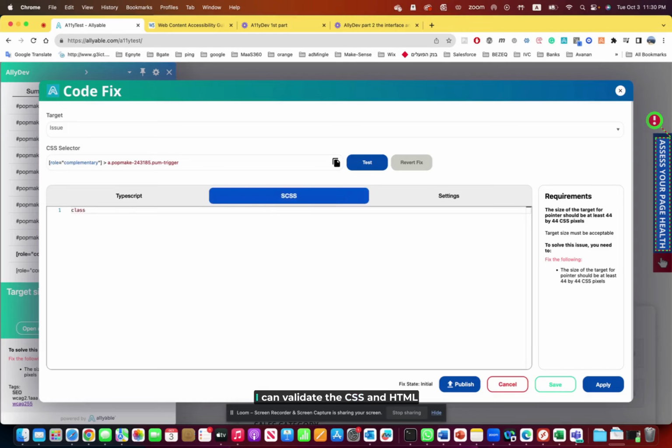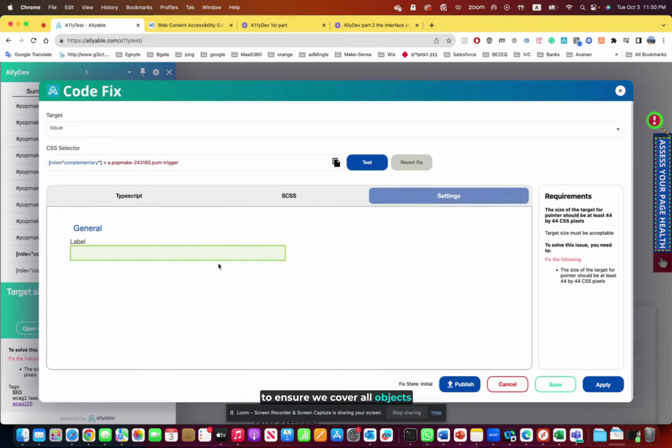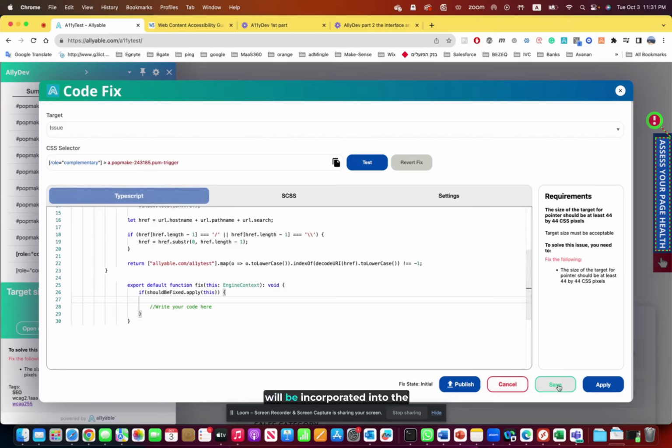Next to the TypeScript, I can validate the CSS and HTML to ensure we cover all objects and styles that will ensure a more accessible user experience. It's crucial to understand that AllyCheck may represent each violation differently, supporting a low-code, no-code approach. This approach significantly enhances efficiency and results in more validated codes that, once confirmed, will be incorporated into the source code. However, it's imperative to clarify that it isn't automatically published to the web page even after the code validation